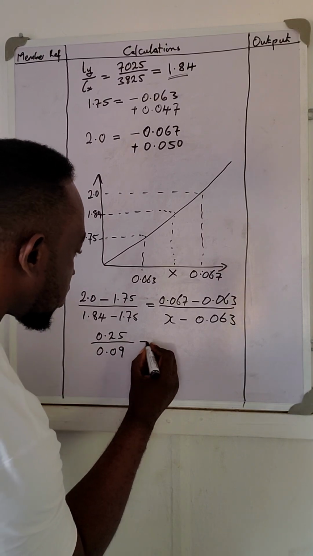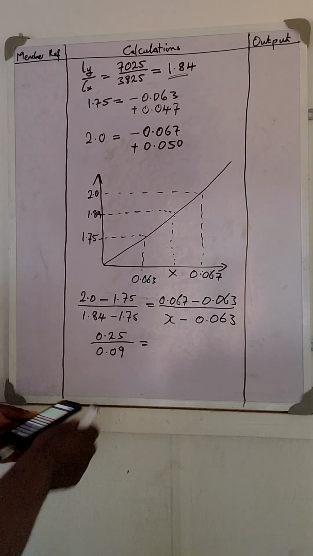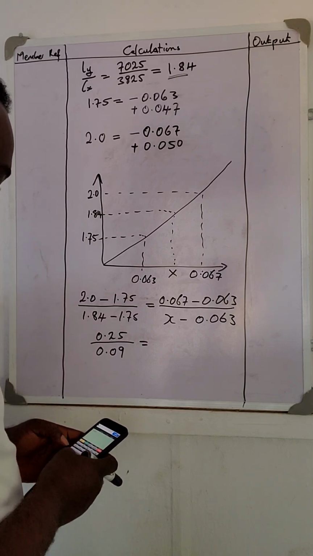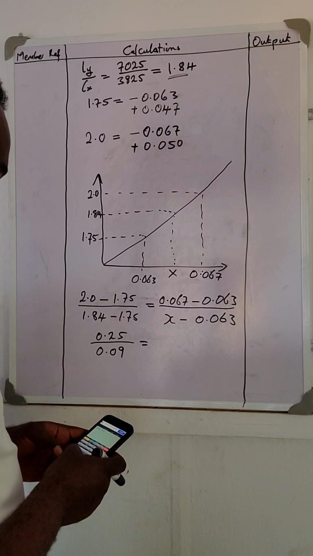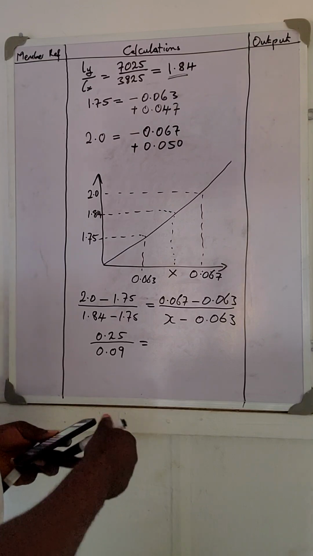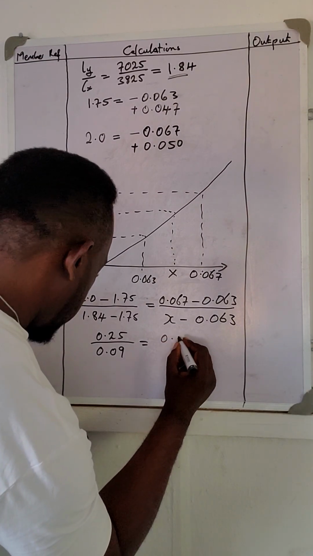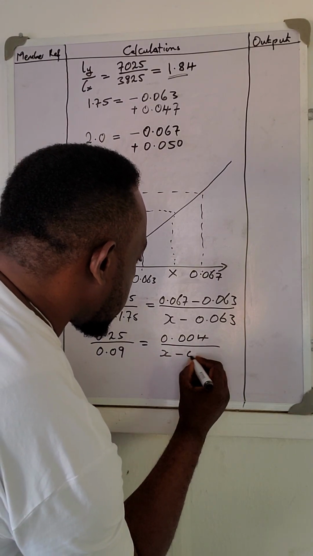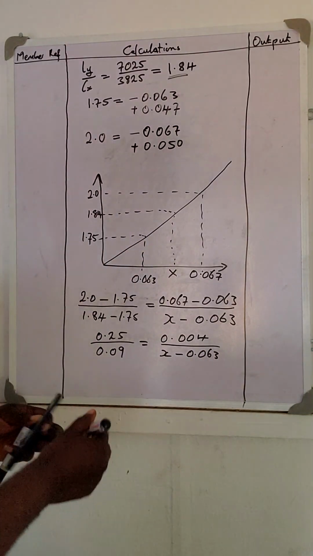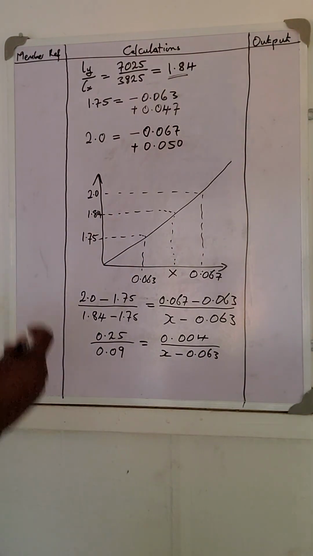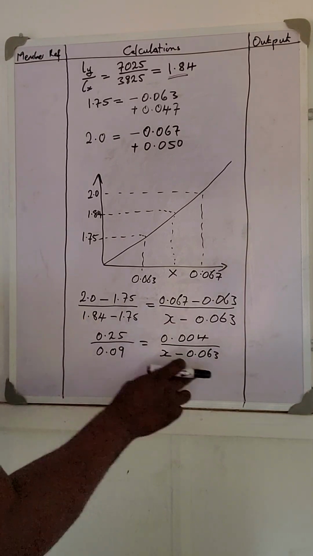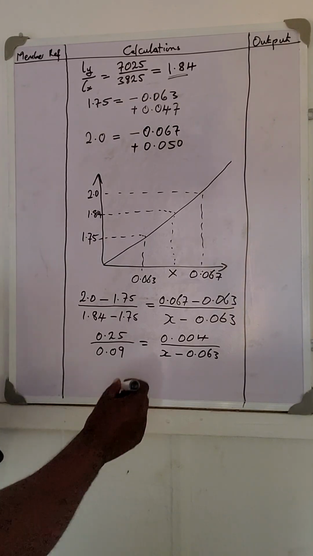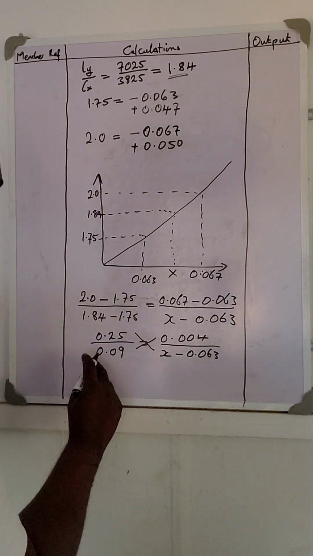0.09 is equal to the same here, 0.067 minus 0.063 equal to, this is 0.004 over x minus 0.063. All right, let's cross multiply. You cross multiply, you'll be able to get the value of our x. Okay, it becomes